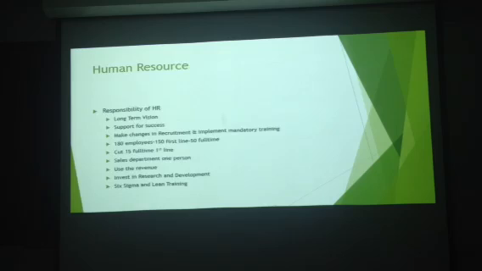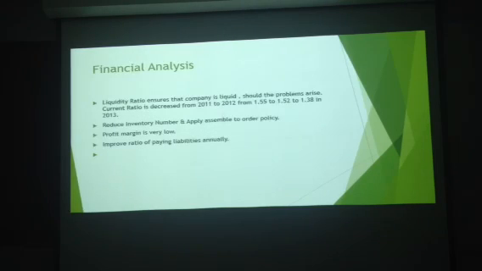So from all these ratios, an analysis can be made that first of all, the company should be improving its payment of liabilities annually, increasing the ratio of paying its liabilities every year. This can be done by...